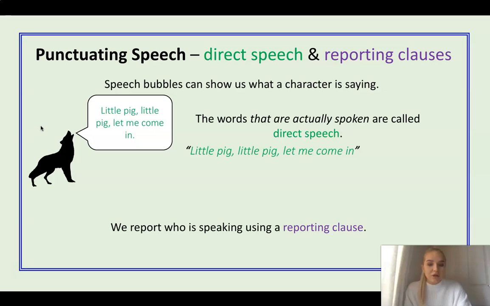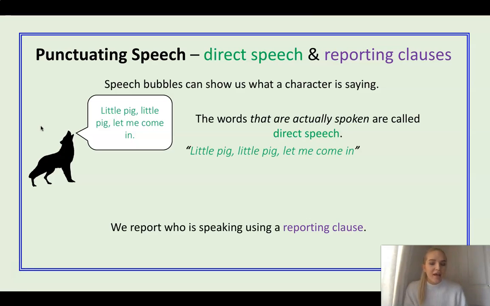And we report who is speaking using a reported clause. We've looked a lot about this. Do you remember when I used to say when we were in class that said is banned? We can't say the reported clause said because we can think of lots of better reporting clauses to use rather